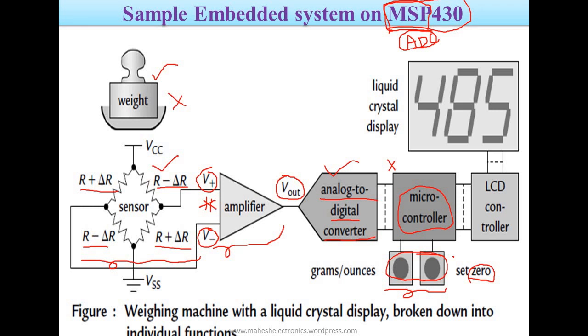And here you can see the LCD controller. This is the interface, or mediator, between the liquid crystal display and the microcontroller. This LCD controller takes digital input from the microcontroller and sends that information to the display. And this LCD display will show the equivalent weight, and this is the way our weighing